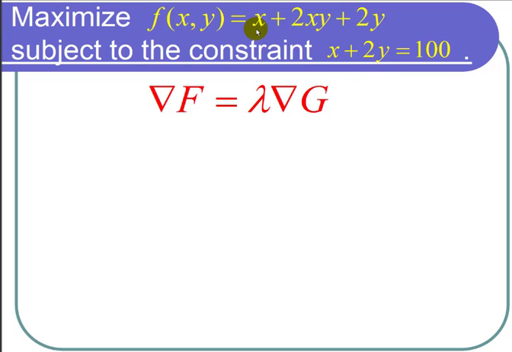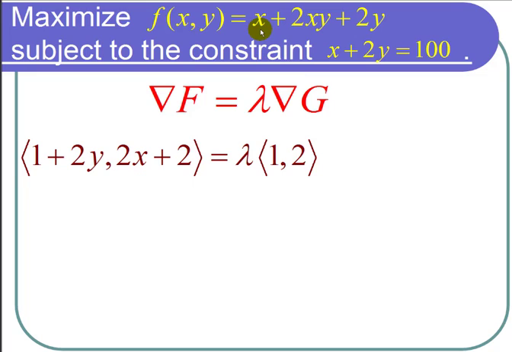So first, the partial derivative of f with respect to x is 1 plus 2y. And the partial derivative of f with respect to y is 2x plus 2. And then the gradient for the constraint equation is (1, 2). So that gives us the vector (1 plus 2y, 2x plus 2) is equal to lambda times (1,